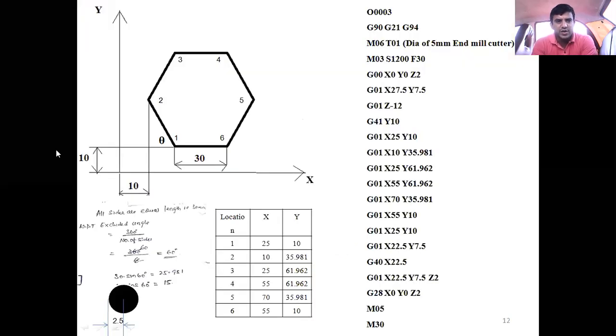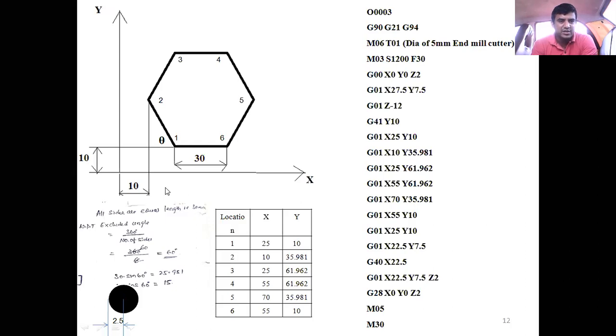Okay, now you can see here. Is the next slide visible? Yes, sir, it's visible. Once you fix the horizon, this is the horizon, the intersection of the x-axis and y-axis. Now see the x-axis. From the bottom corner of the drawing, leave 10 mm. That also depends upon the programmer. If you leave 20 or 30 mm that is also possible, but you waste the raw material. Here we take only 10 mm from the bottom of the geometry and draw the horizontal line. That horizontal line shows the x-axis.